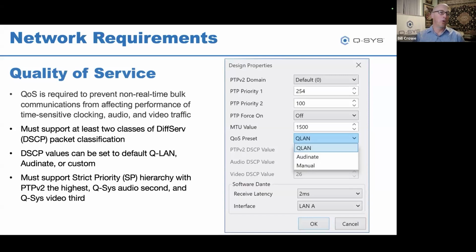With QoS, you have your DiffServ or DSCP values for packet classification. In Q-SYS Designer, you can set these DSCP values. By default, they're going to be set to the QLAN values, and we'll go into more detail in just a few minutes about what those values are. Those DSCP values match that of AES67, but you can also set those values to match Audinate, or you can customize those values. The reason you would want to do that is if you have an audio network, or even redundant audio networks, and you know that you're going to need to support Dante traffic,